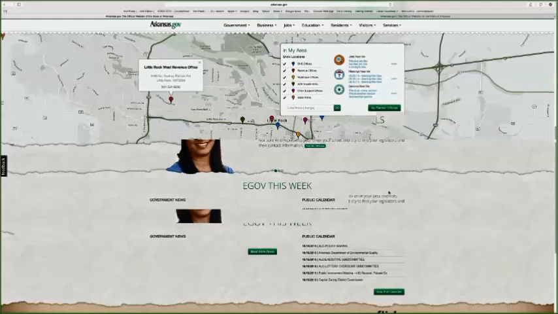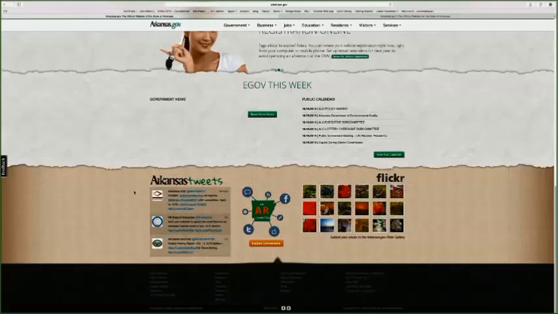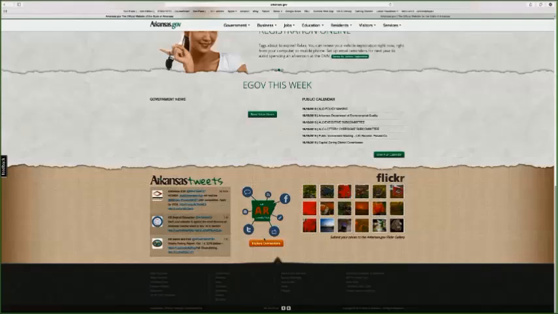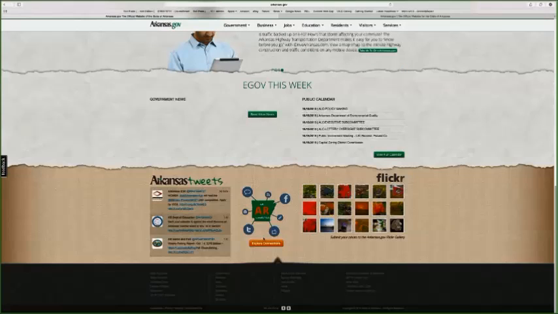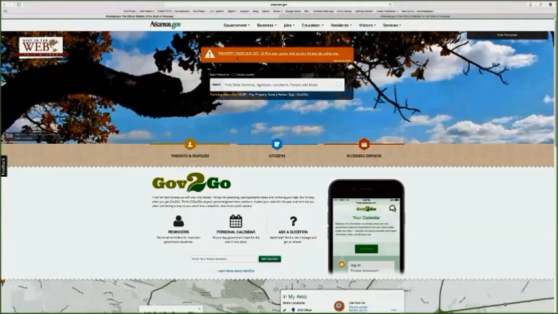Find your elected officials. There's a calendar, and then at the bottom here are those social media types of things. So here's the feed for the tweets, ways to stay connected through all different types of social media: Facebook, Twitter, LinkedIn, television, and so forth. And then also Flickr to upload your photos for the Arkansas.gov Flickr gallery. So you see all these things all